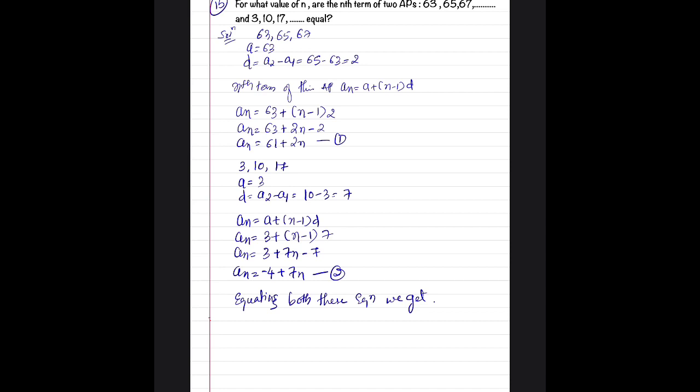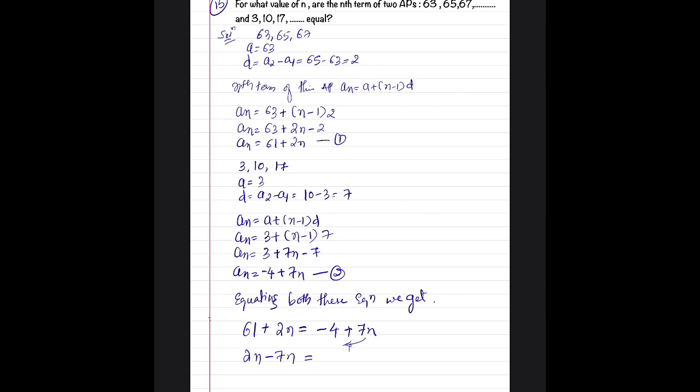So, I will equate equation number 1 and equation number 2. Okay. So, I will write it here once again, 61 plus 2n is equal to, equating with equation 2, that is minus 4 plus 7n. So, I will rearrange the above equation like 2n. I will take this 7n to the left hand side. So, this becomes minus 7n